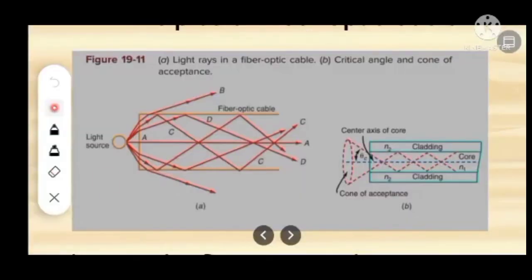So, how do light signals propagate through a fiber optic cable? If we refer to this figure, we can see that different light beams are entering from different angles. Other beams are being refracted, while other beams are being reflected. Now, if we look at this figure, when light passes from a medium N1 with one index of refraction to another medium N2 with a lower index of refraction, the light that entered will either be reflected or refracted.